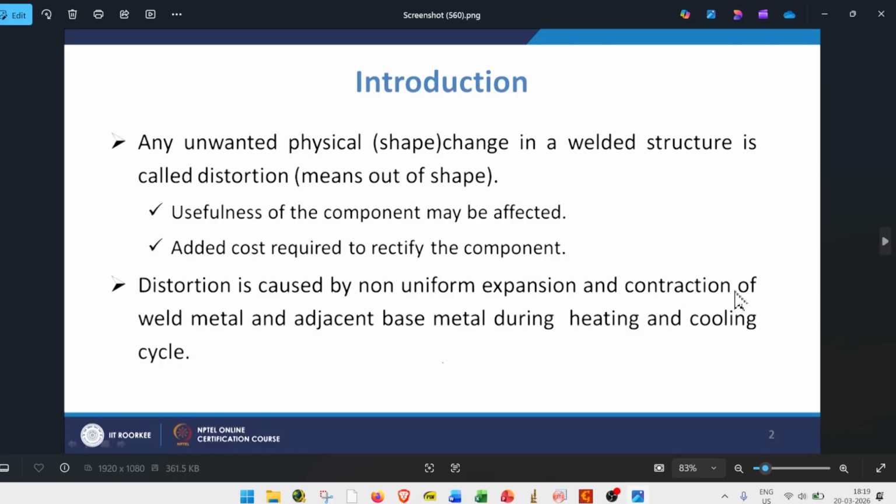Okay. So it is all about the distortions in the welding. What is distortion? Any unwanted physical change in the shape of the welding structure is called distortion. It is bending, it is twisting, like for example,